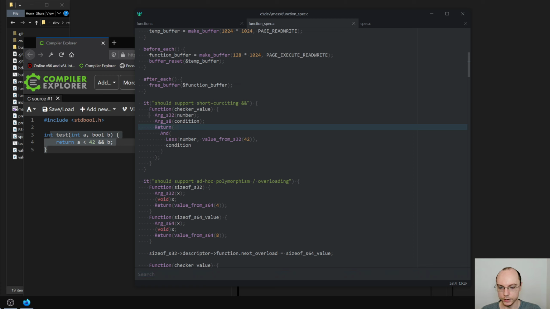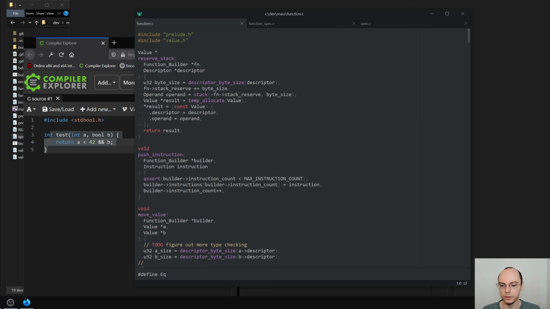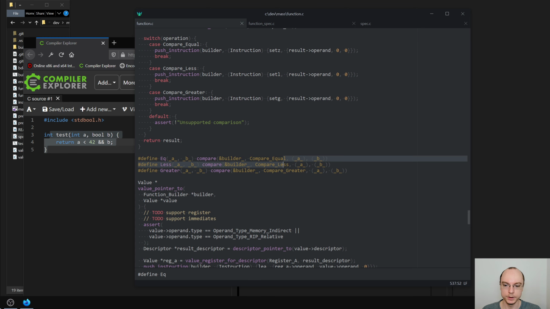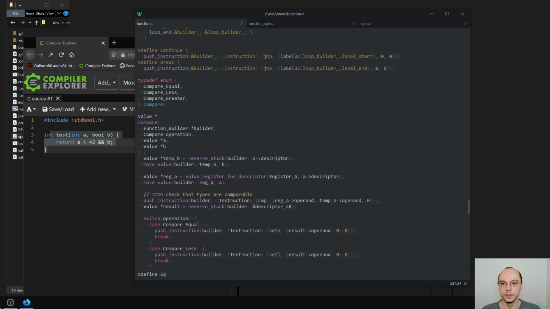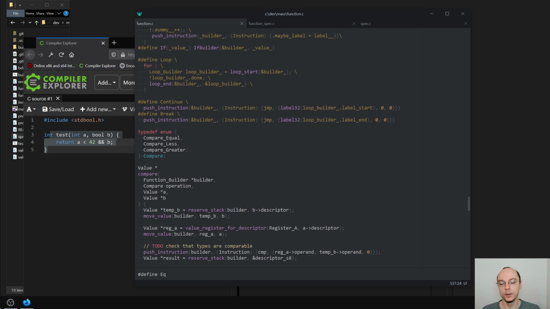Basically I need to search for less. Yeah, we don't have that. It's not in spec anyway. So we do have less. Good. But we definitely don't have end. And we need to figure out how that would look like, because